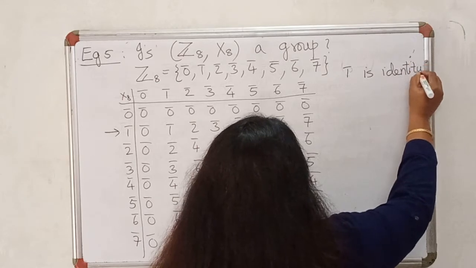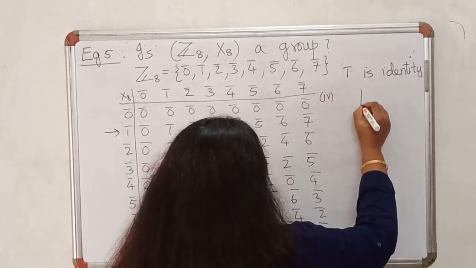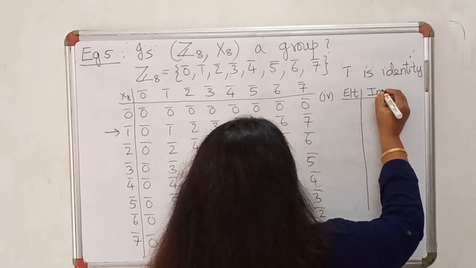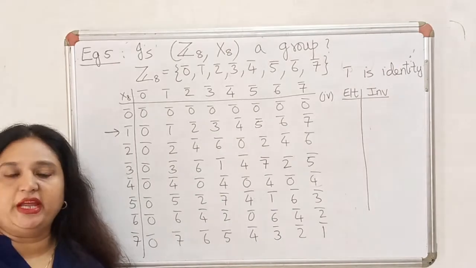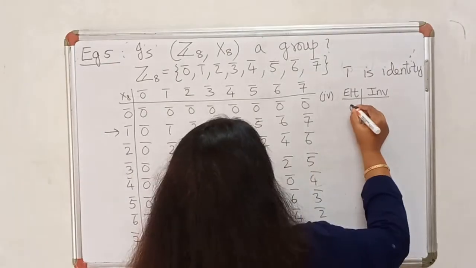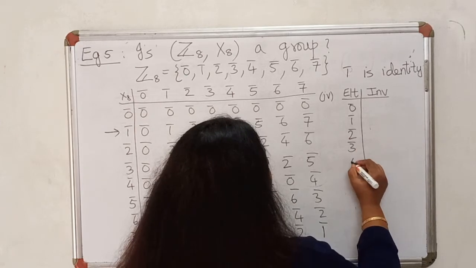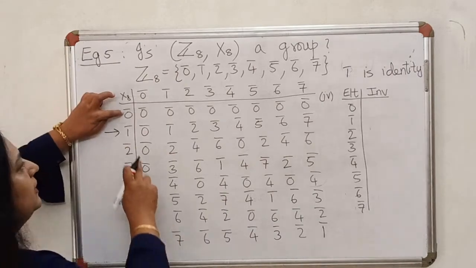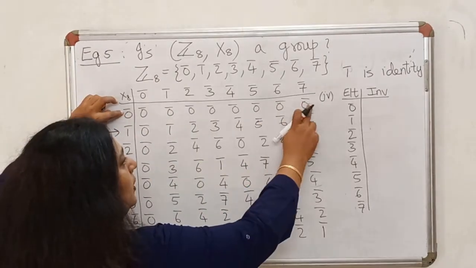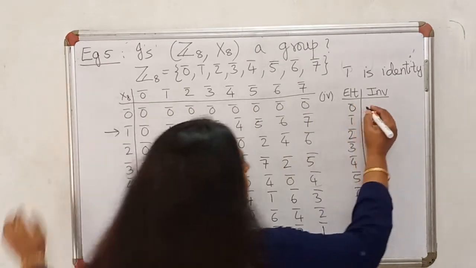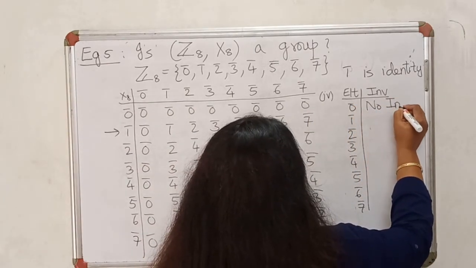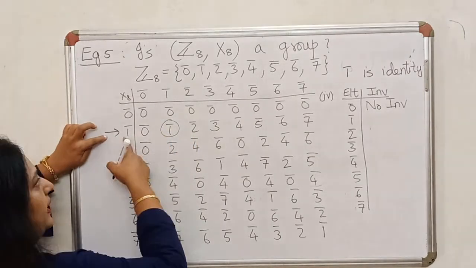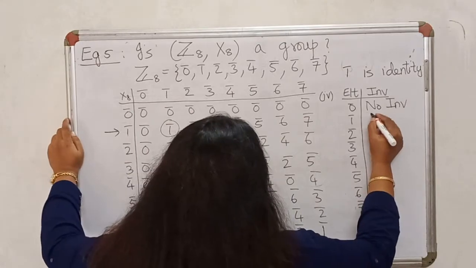And let's look at inverses. I'm doing this example specifically to illustrate what happens to inverses with respect to multiplication in Zn. So we have 0 bar, 1 bar, 2 bar, 3 bar, 4 bar, 5 bar, 6 bar and 7 bar. If you look at the row corresponding to 0 bar, I do not get the identity anywhere in this row. That means 0 bar does not have an inverse. For 1 bar, I get the identity here. That means the inverse of 1 bar is going to be 1 bar.